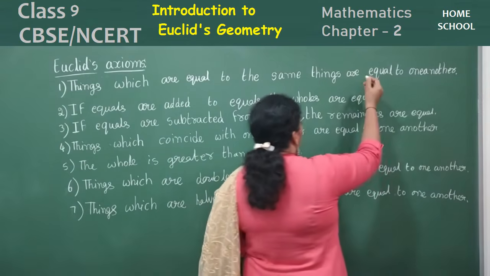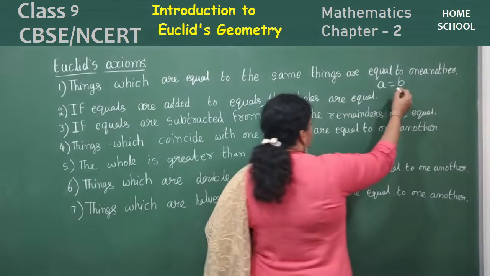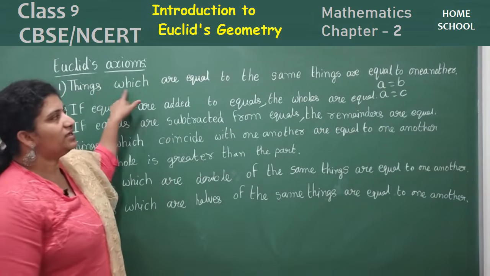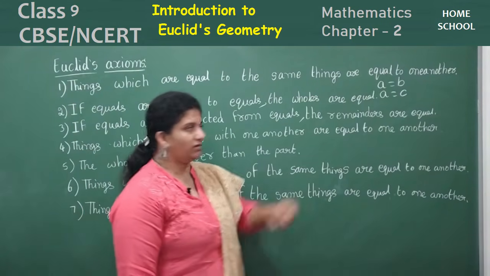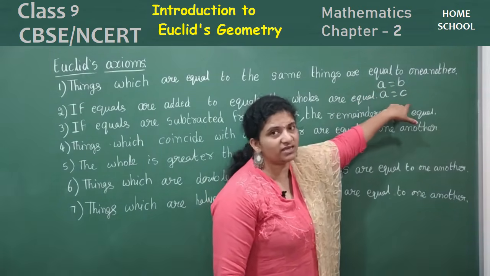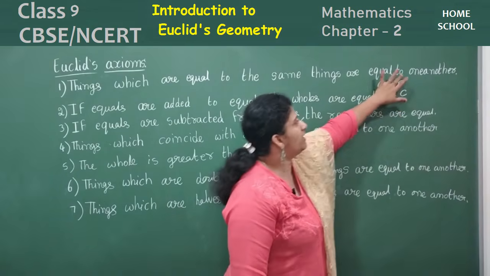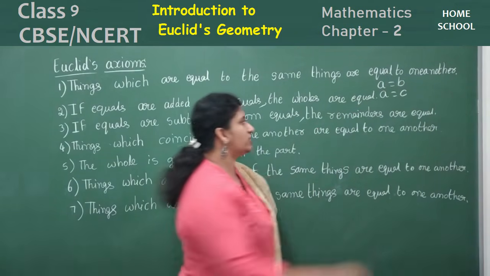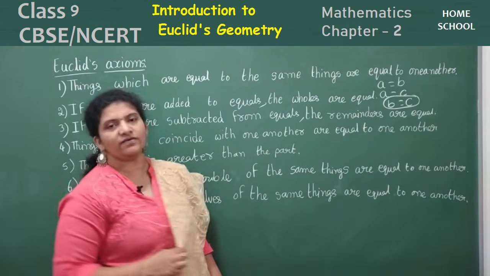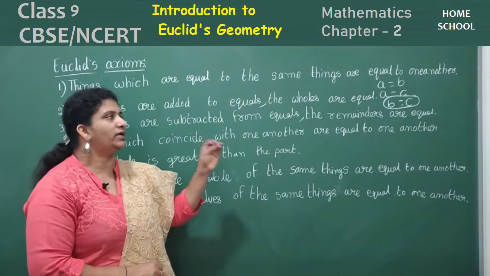So look here. Let me take A is equal to B. And also I will write A is equal to C. Observe here, what is the statement? Things which are equal to the same thing. See, B is equal to A and C is also equal to A. Things which are equal to the same thing are equal. Then which are equal, children? These two are equal. So directly I will say B equals C. This is your first axiom. This can be applied in your mathematics without any proof.